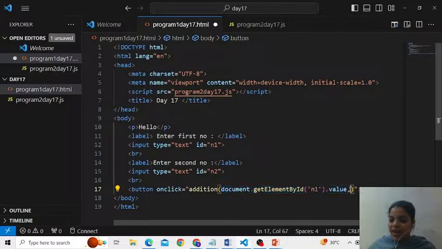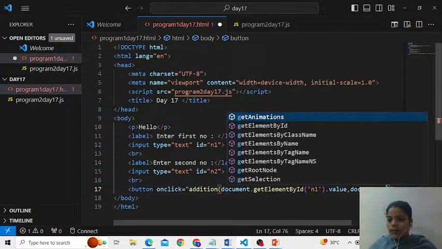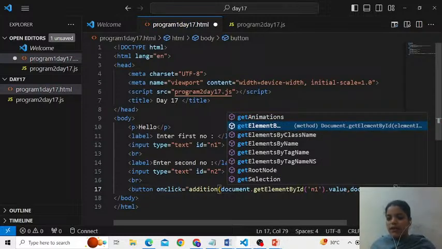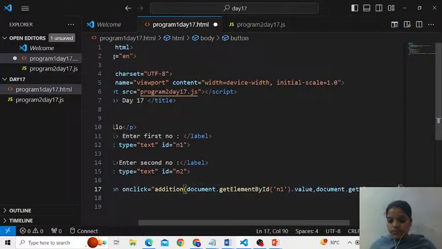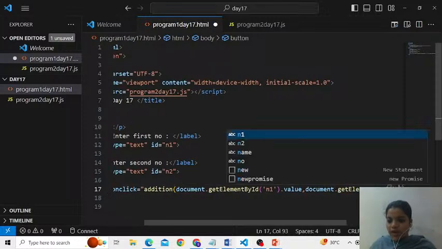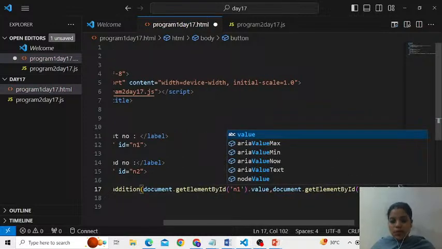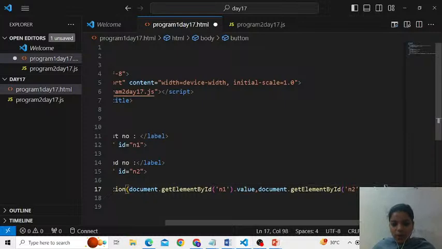Similarly, what should be the second argument passed to this function? Whatever value is stored in the text box whose ID is n2. Text box को कैसे बुलाए? उसके ID से. Right? So how do I write that code? Come on, document dot getElementById. Just select it and hit enter. आपको पूरा टाइप करने का जरूरत नहीं है. Is it okay? That's the beauty of Visual Studio Code. Come on, getElementById, the one whose ID is n2 dot value. Is that okay? If you want to see this code in a line, एक लाइन में अगर आप ये कोड देखोगे तो